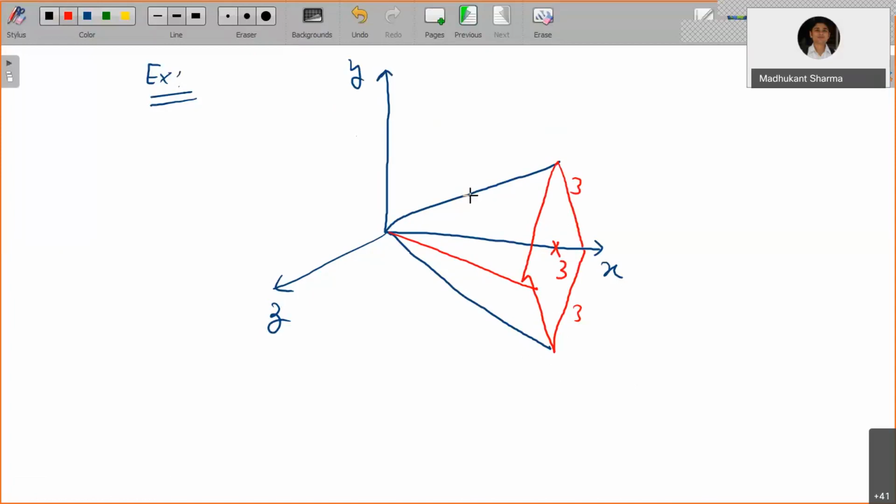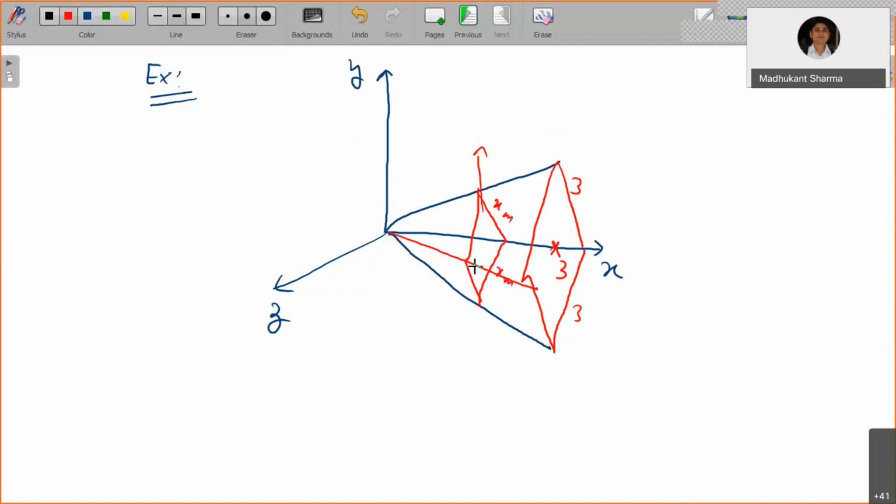So this is going to be perpendicular to the x-axis. The x-axis is, in simple words, the axis passing through the middle, where this 3 point is intersecting, from x equals 0 to x equals 3. If you consider any cross section inside this, it is going to be a square of x meter.